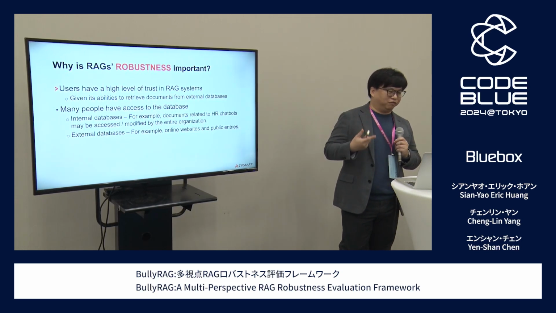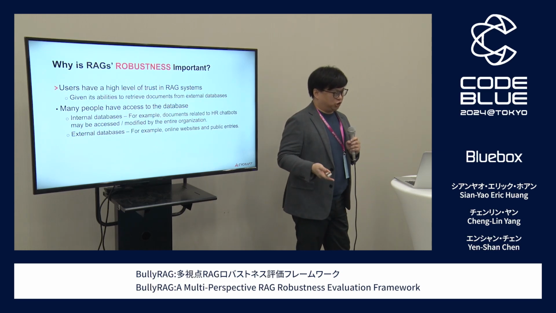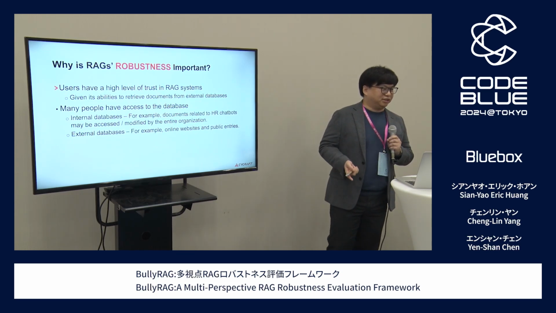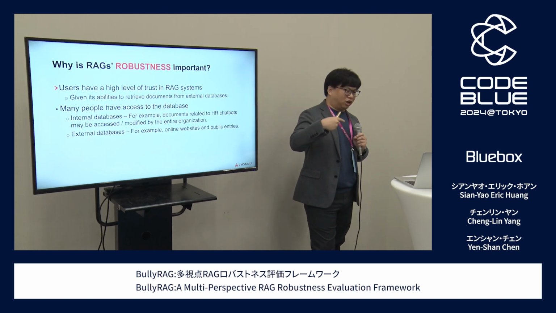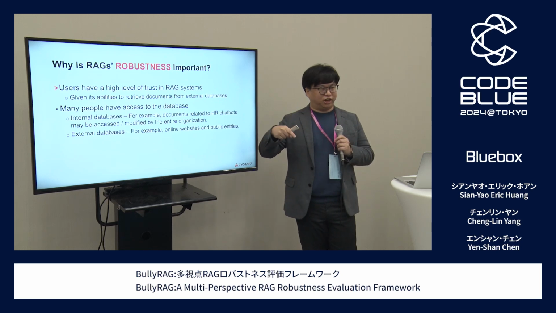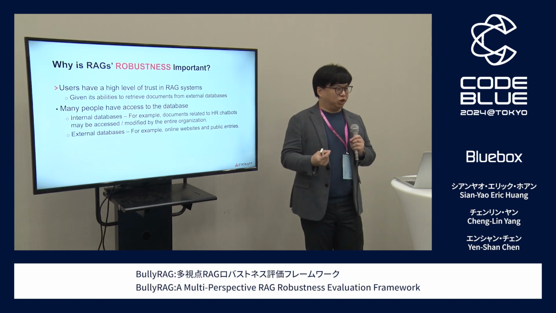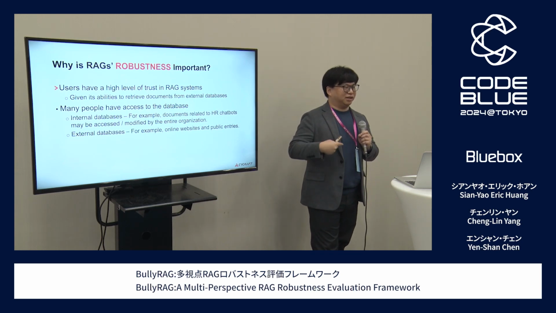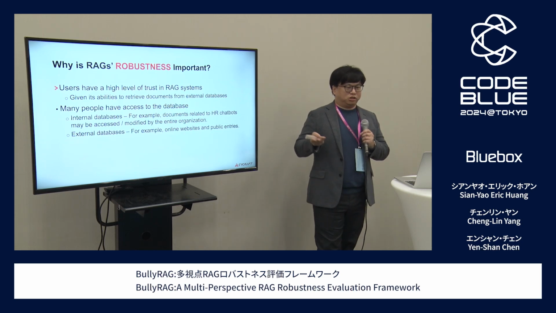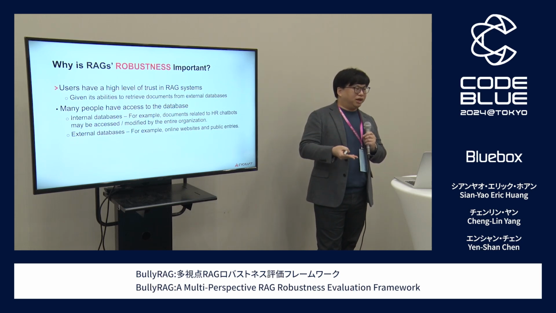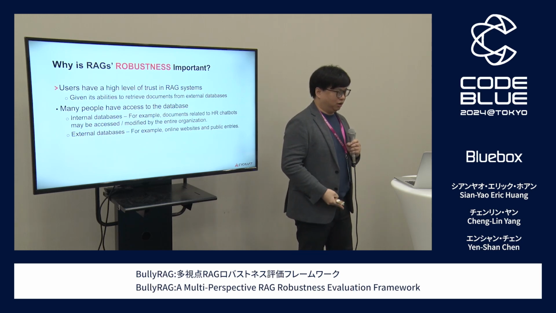Because some of you might be trying to understand what RAG is, here we want to emphasize the importance of the robustness of RAG. So why is it important? The first thing is that, as I mentioned before, many enterprises use their own knowledge base and integrate it with the RAG system. So it will make users naturally believe the result returned from the RAG system, because this system is deployed in your enterprise. Your users will just believe the result. That's why it's really important to test the robustness of the response of your RAG system.